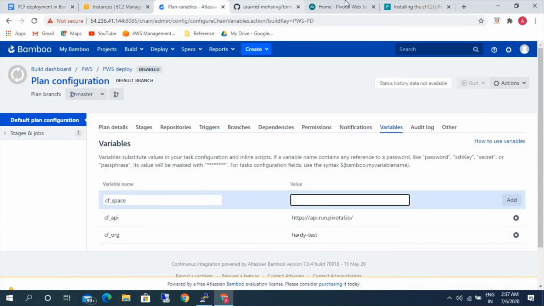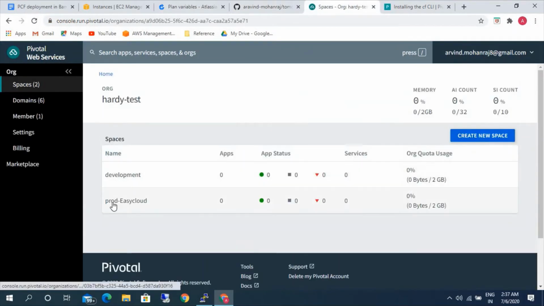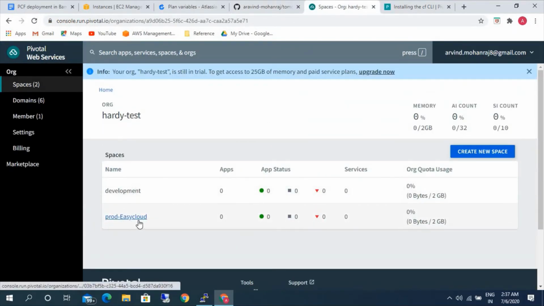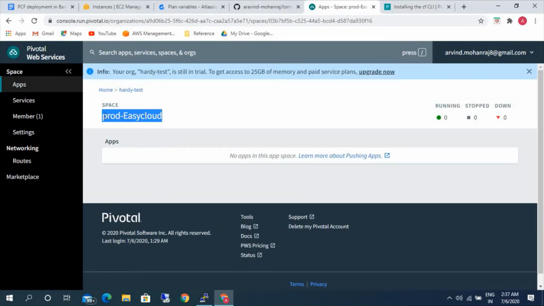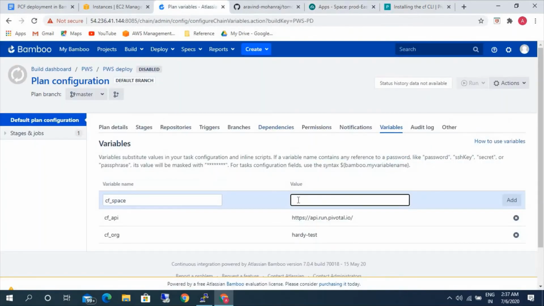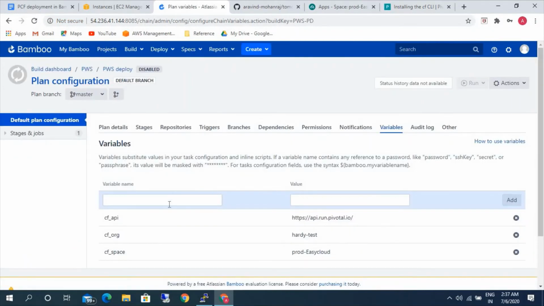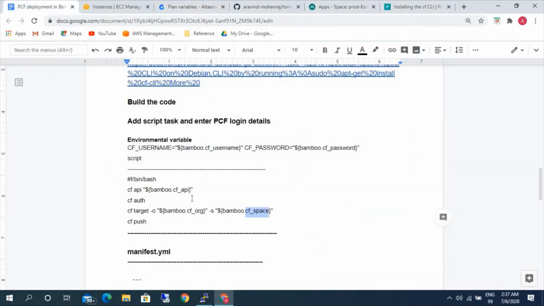Space is nothing but the one which we created, prod-easy cloud. Okay, next is CF username. This is the username that we have declared.